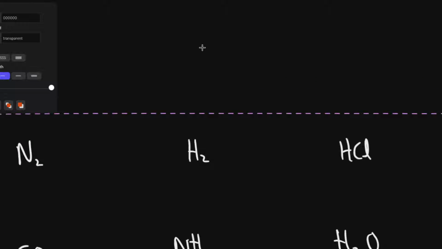Well, a covalent bond is represented by a simple dash. So this dash represents a covalent bond. And furthermore, this bond can be shown in terms of the dot and cross diagram, and that would look like